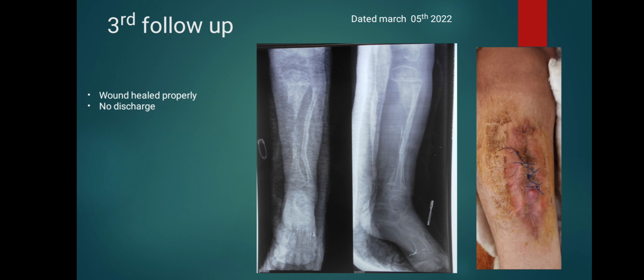We can see the regenerated fibula is perfectly normal with just a mild deformity, while the sequestrum, the tibia diaphysis, has been removed by now. But we can see from the underlying membrane and from the edges of the metaphysis of the tibia, especially the distal metaphysis, new bone is regenerating slowly and gradually. This patient is under our complete follow-up, and the last visit of the patient was on March 5th, 2022,